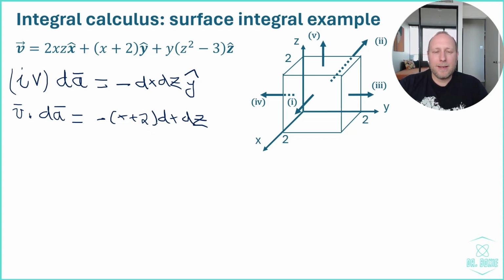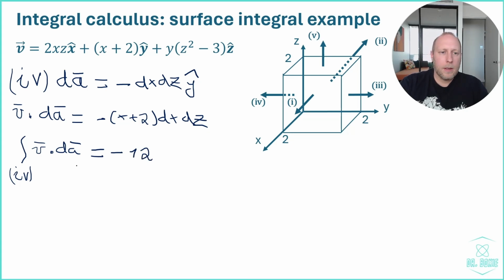When we integrate this, we integrate over x and z again from 0 to 2, both of them, meaning that our surface integral will have the same numeric value as we found for face number 3, except for an extra minus sign. So v dot dA, we found for face number 3 12, and that means that we will get minus 12 in this case for face number 4. And finally, face number 5,